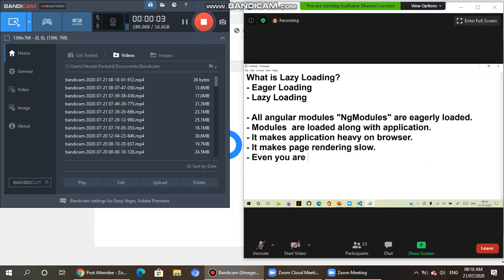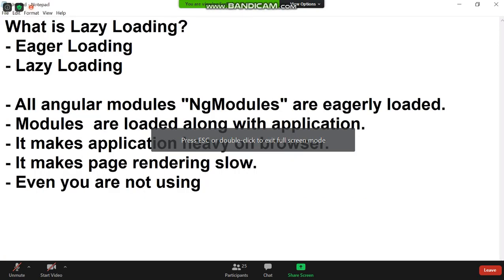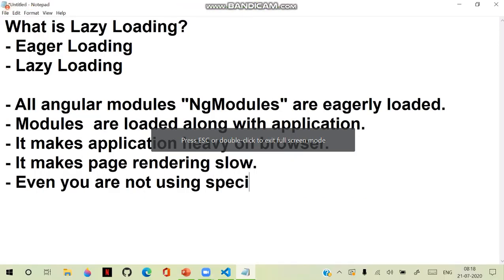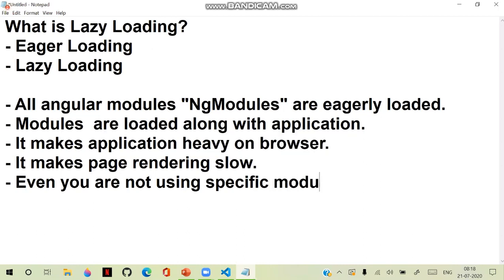Even if you are not using a specific module, it is loaded into memory. That is the problem with this. So the intention is, if an application is using a large number of routes,